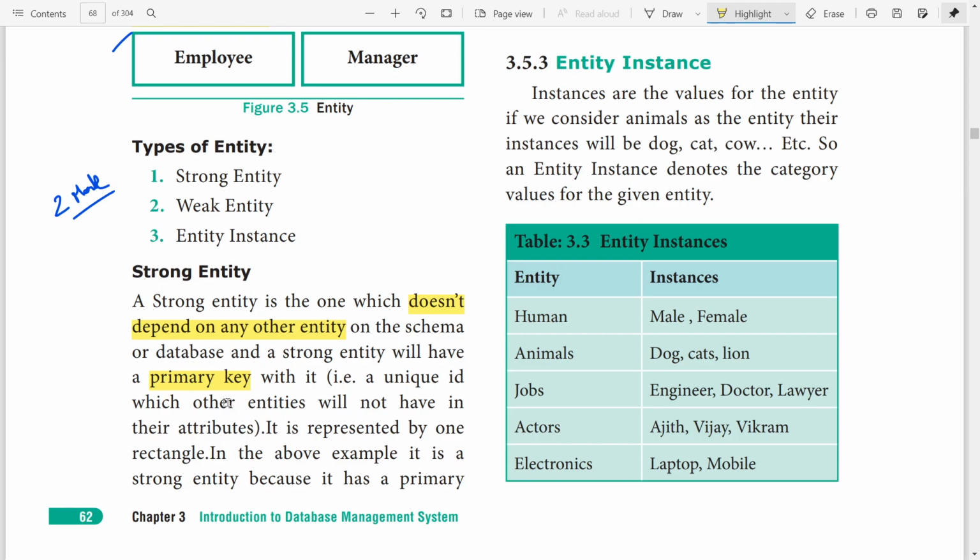What is a primary key? A primary key is a unique ID which other entities will not have in their attributes. This is also a 2 mark question. Write about primary key.